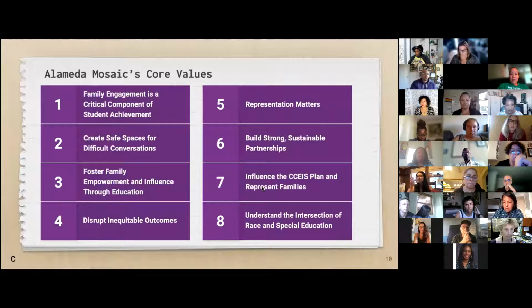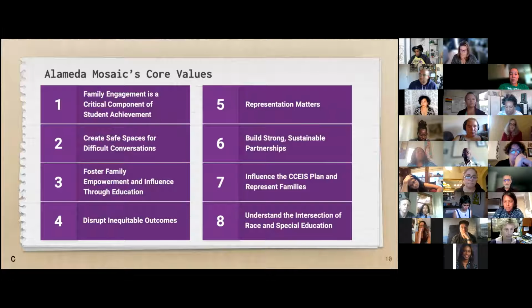These are Alameda Mosaic's core values. I'm only going to cover a few of these because you should have received a flyer by email that covered these in more detail. Our first core value is that family engagement is a critical component of student achievement. Our priorities around this core value are to hold families up as equal status partners in the educational process by